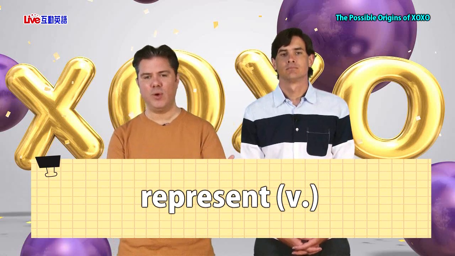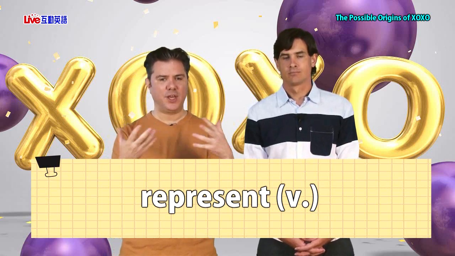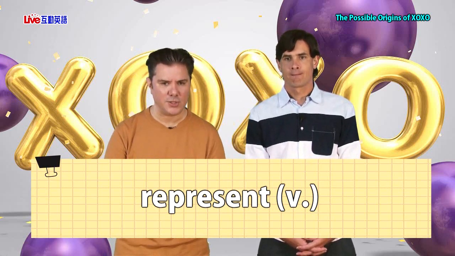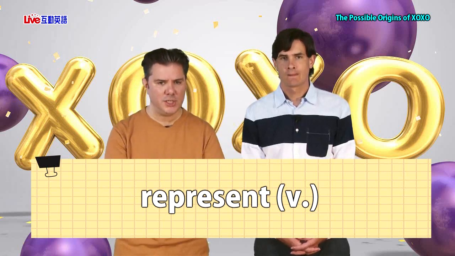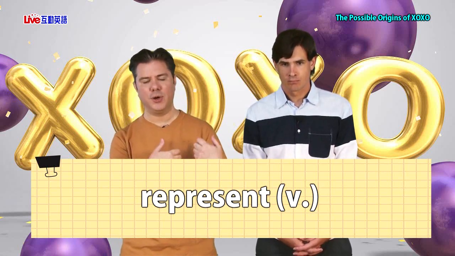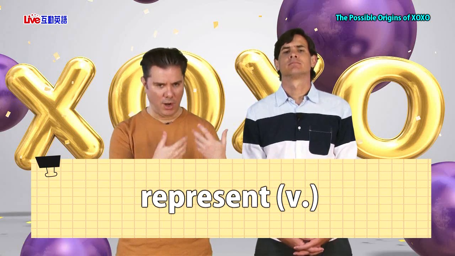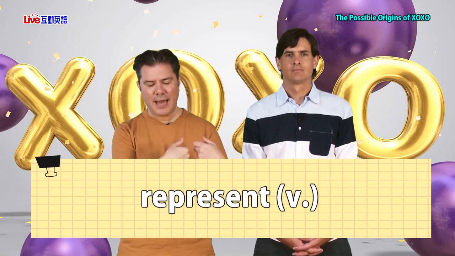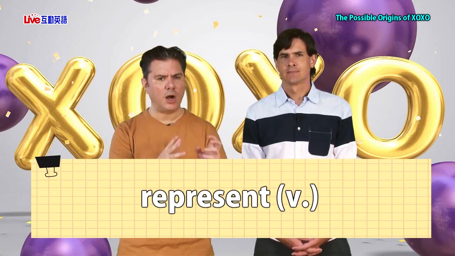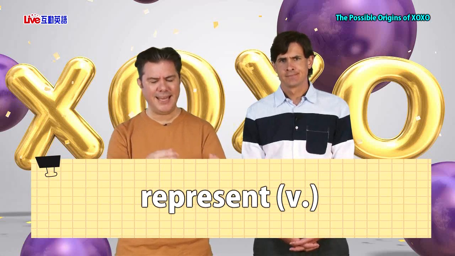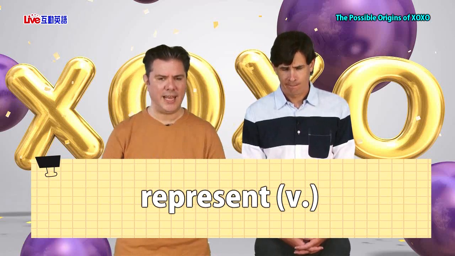In the same way we use flags to represent different countries, especially in the Olympics, you might use emojis to represent feelings. You don't have to show you're happy or sad. You can use an emoji. The picture represents something. You're not writing the word or saying it, or having a photograph of it, but a little cartoon or a symbol of some kind. It takes the place of something. For example, in many cultures, owls represent wisdom. If you see an owl in a statue or a painting, it might represent wisdom.